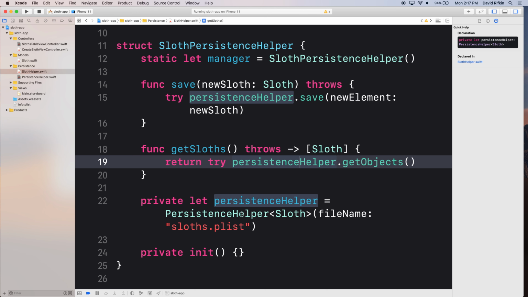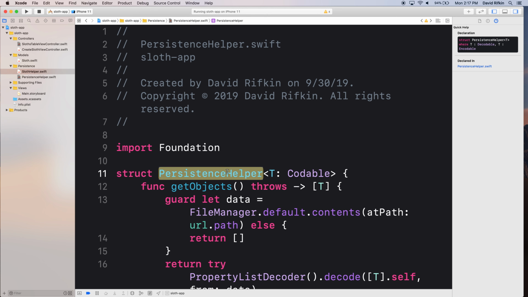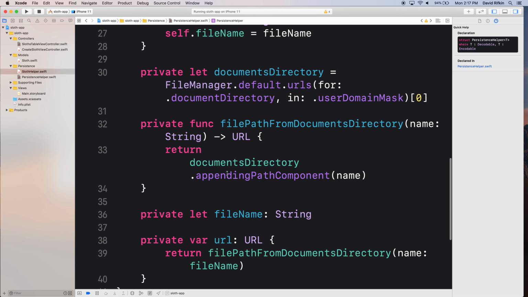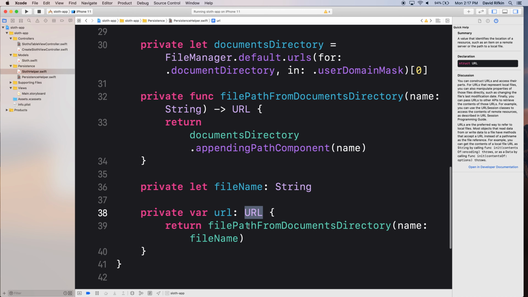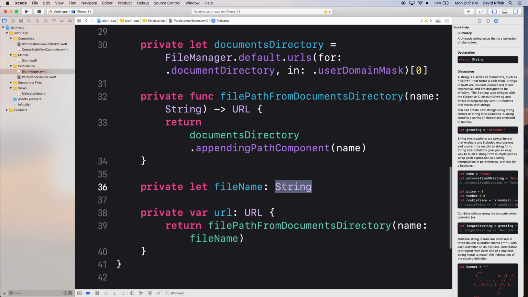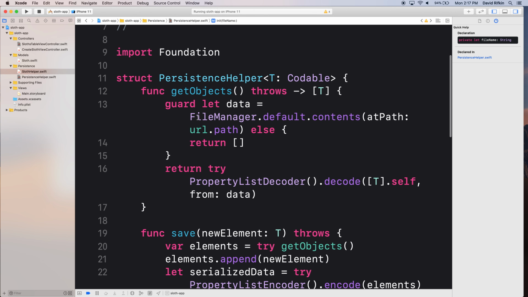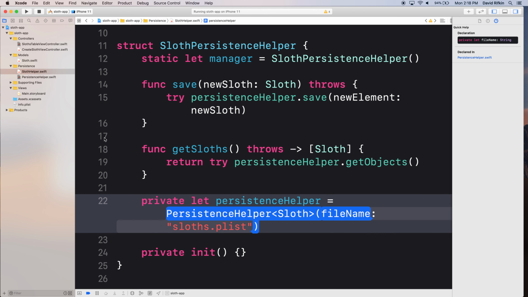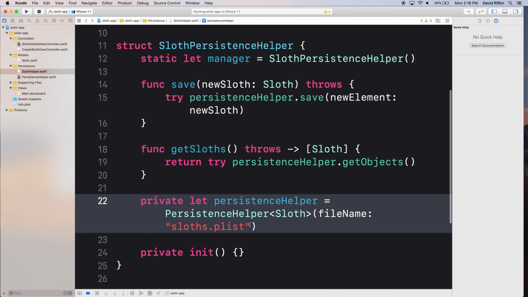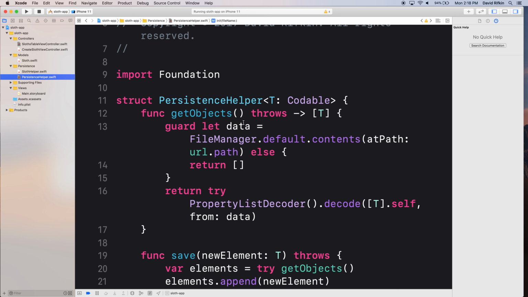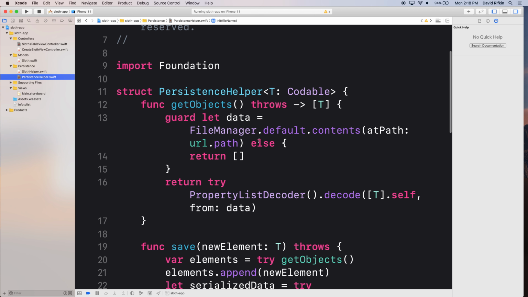Because the way that persistence helper is implemented, it just goes and it looks for some URL that it creates out of that file name, which is the initializer for a persistence helper, which here we initialize with that file name. So long as